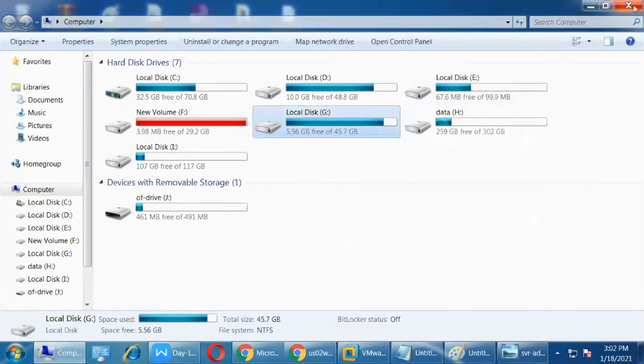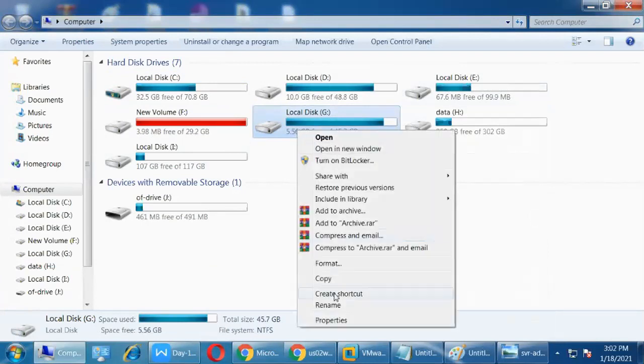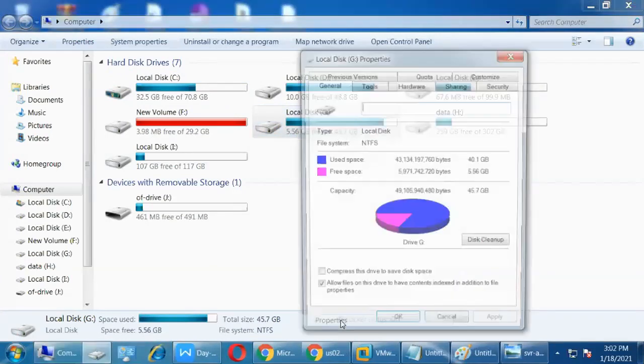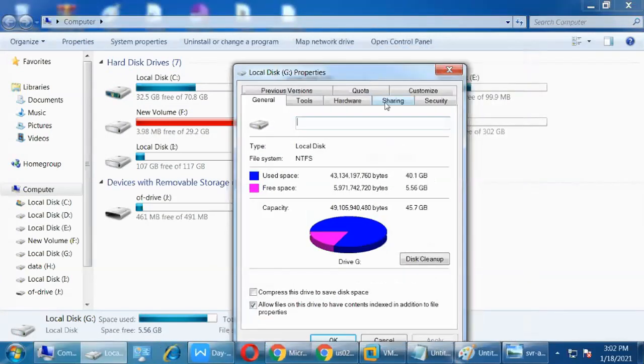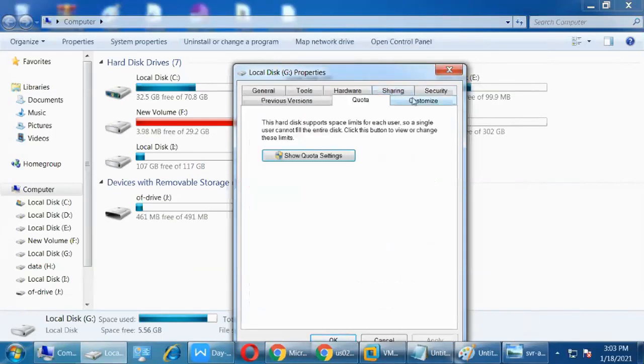Before NTFS is the FAT16. What is the difference? The main difference is quota and security. If your hard disk has the FAT16 file system, you won't find the quota or security option.